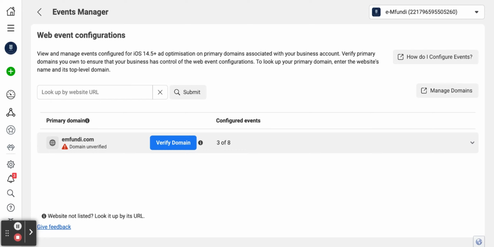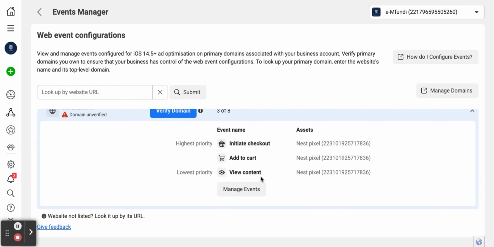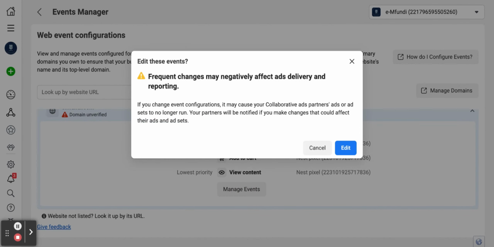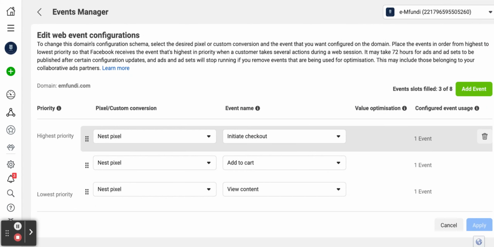So if your domain is verified, what you'll be able to do is click down there, and as you see, highest priority to lowest priority. So initiate checkout, add to cart, and view cart. What we're going to do is we're going to click manage events, and we're going to say edit anywhere. So I've already done this, but I'm just showing you on a domain that's verified, and you'll be able to